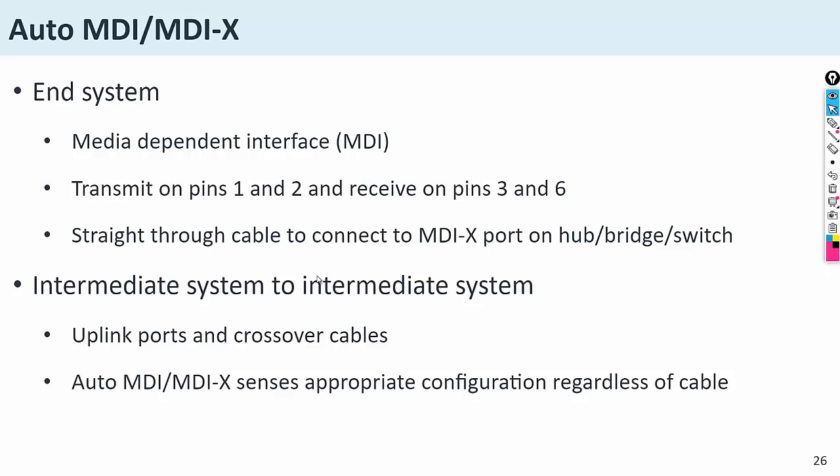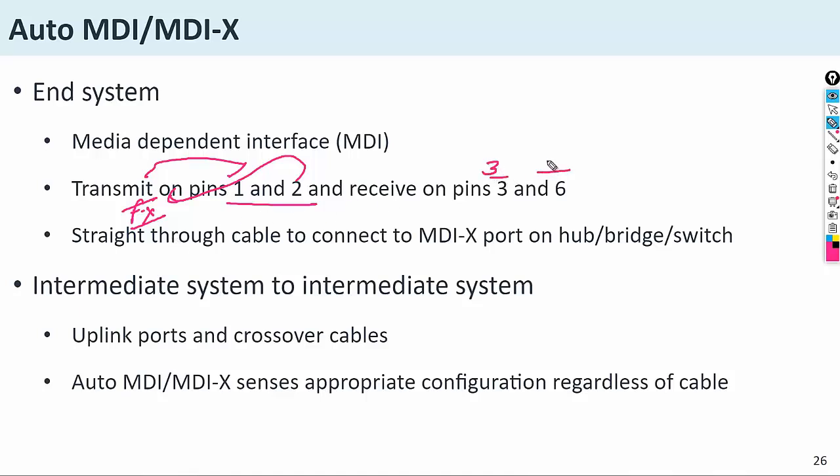So what are MDI and MDI-X? I have told you already there are two pins. One is transmit, TX, on pins 1 and 2. We have discussed that. And the receiver pins are 3 and 6.